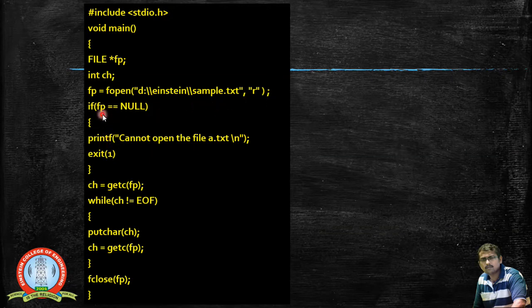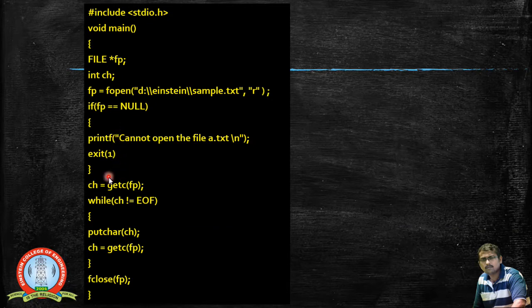Now this is the initial check that we do normally. When the file pointer is equal to null, it means the text file cannot be opened for the operation. We have also seen the conditions like the file may not be present, or I might have given some misspelling, or the file may be in use by some other IO operation. In those cases, it gives a null value, as we know.